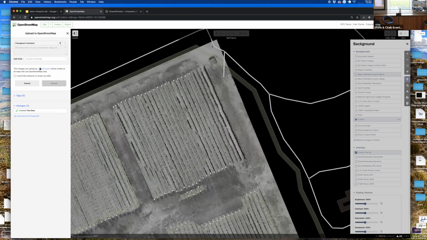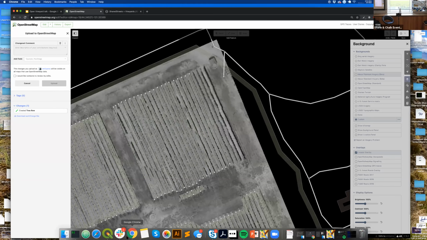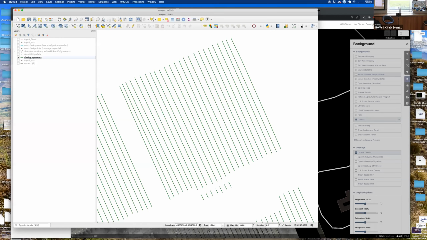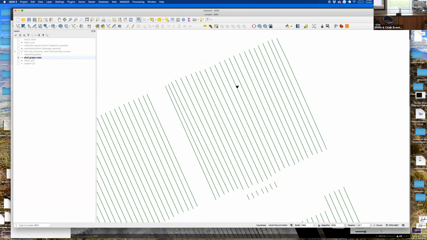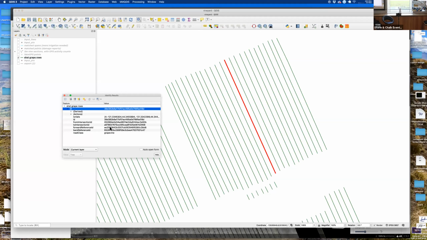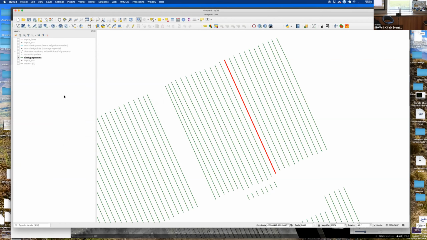So I went through and I created this data. And then the next step was trying to think about building the linear referencing on the back end. This is not something that is especially compelling to show visually, but I'll do my best. So I've pulled this information into GIS and I ran it through all of the linear referencing tools that we created for streets. This is what assigns those global IDs that are useful for building on top of. All I'm going to show you is that there's a bunch of what looks like gobbledygook here, but it's actually meaningful information to build on top of. And that means that once that linear referencing is done, I can start to use tools for transportation.